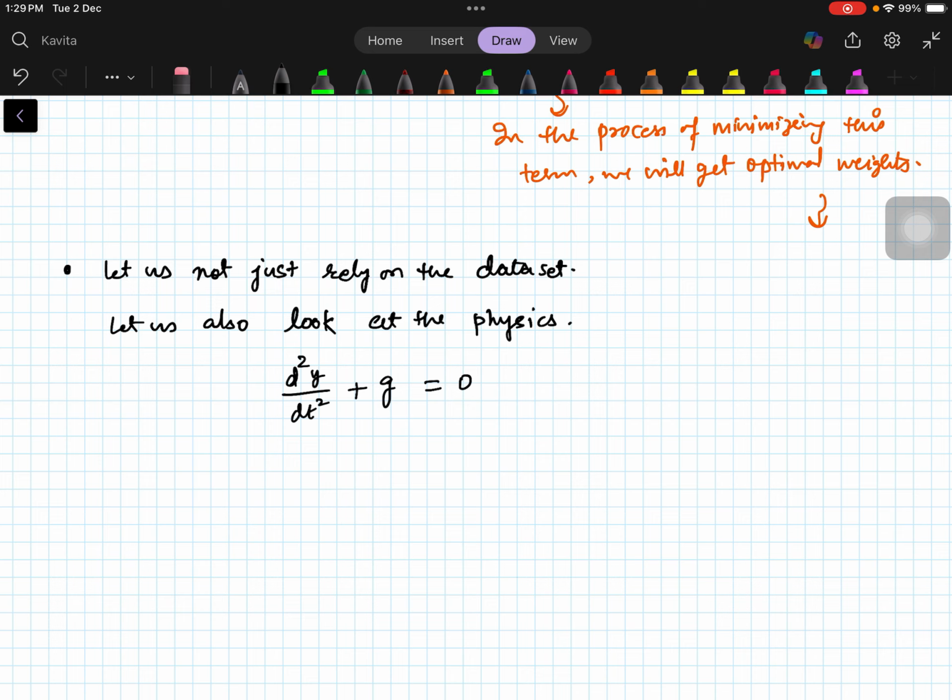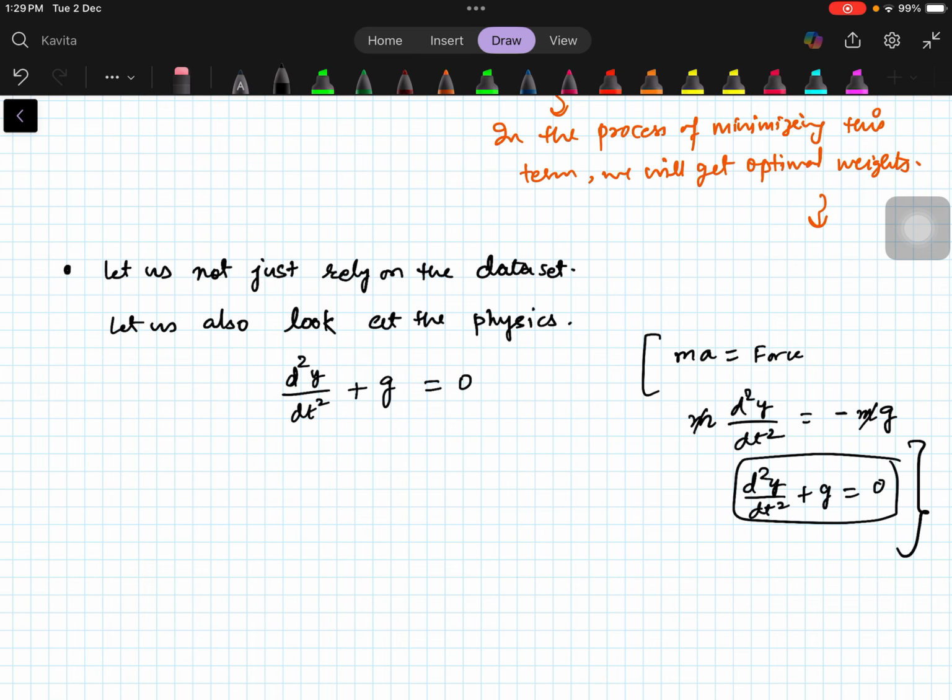but this is very simple. We will apply Newton's second law of motion and we will get it. Mass into acceleration has to be equal to the force applied. In this case, if we talk about the vertical position, the second derivative of the vertical position is going to give us the acceleration. We multiply it with the mass of the ball, and the force acting on the ball is minus g times m, because there is gravity acting. So m and m cancel, so you get d2y by dt2 plus g equals 0.